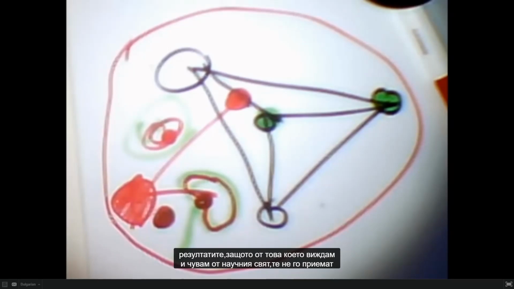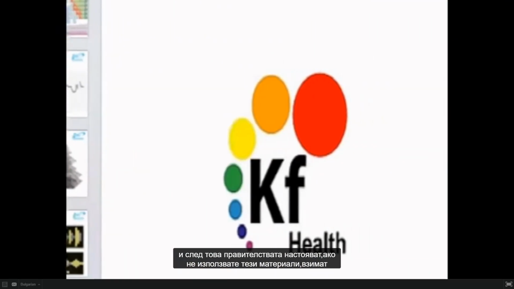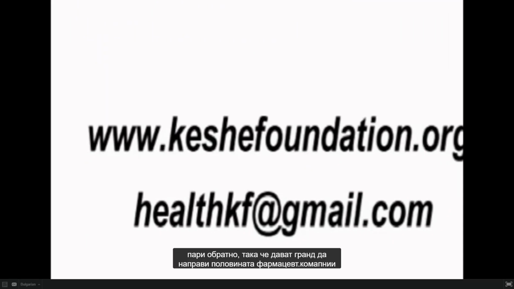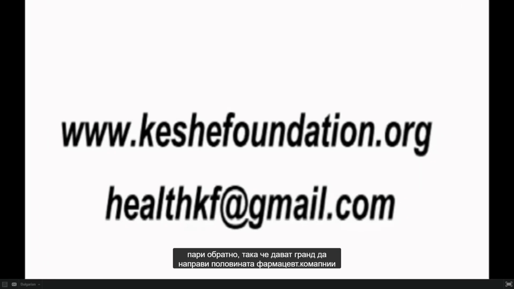Because from what I see and what I hear from scientific world, they do not accept, because, what do you call it? It shows the fingerprint and the work of the multinationals trying to reject everything unless their material is sold, and the government pushing: if you don't use these materials, we cut this, what do you call it, this grant and that grant. So we give you a grant to make our pharmaceuticals richer, and then you become beggar for what we have given you, poorer. Then you have to pay us back for what we killed you for.